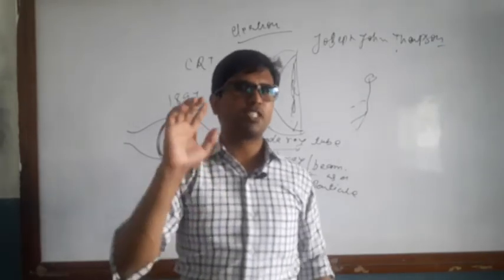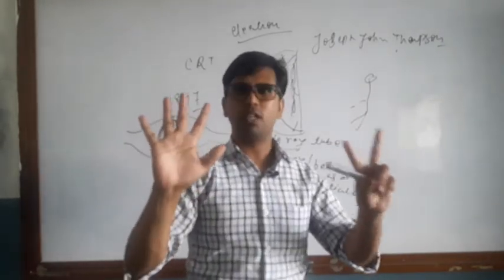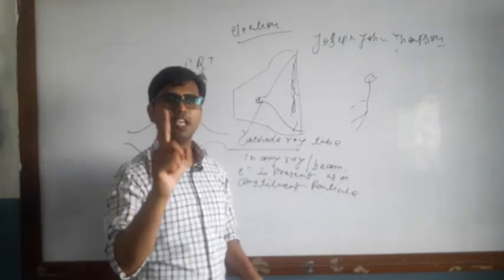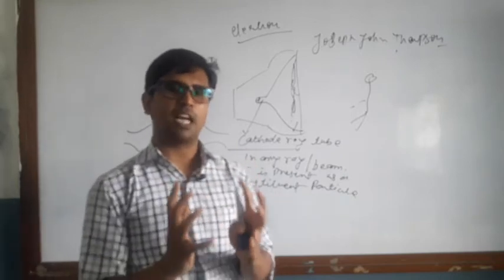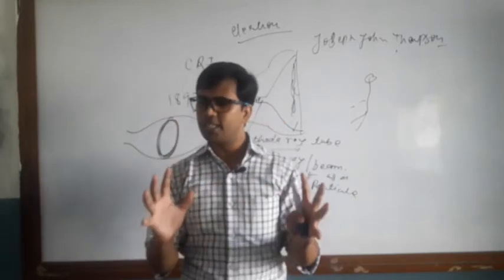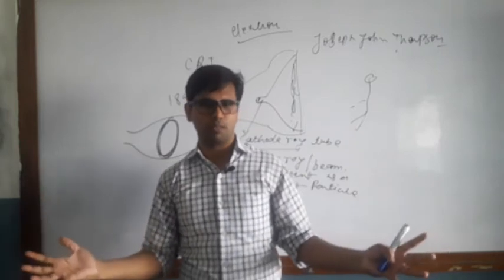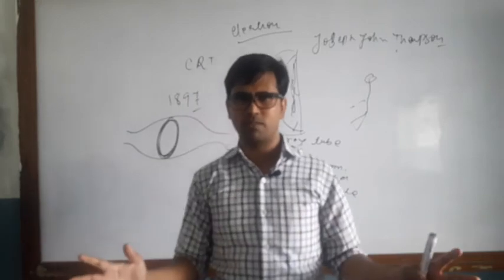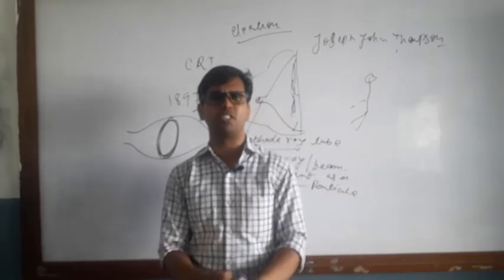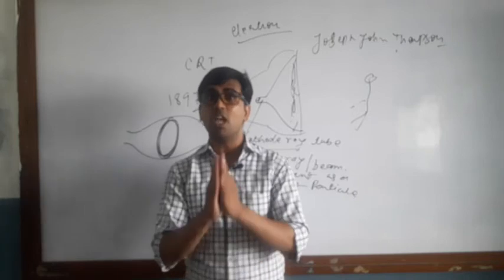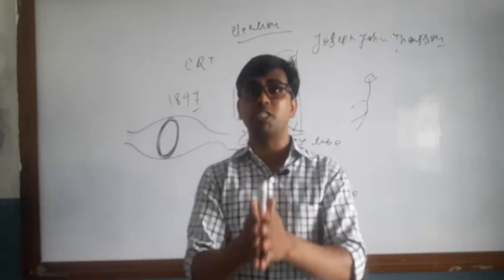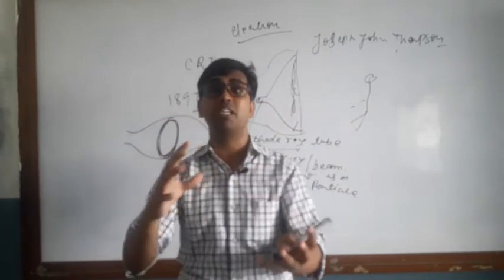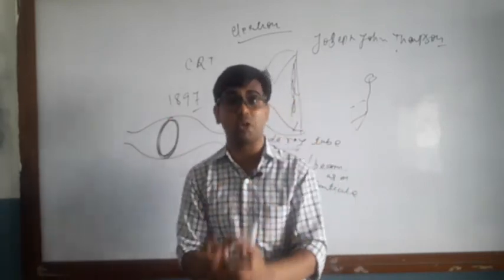But after 7 years, he discovered something else. He devised a new model of atom. He created a new type of atomic model. That model was not good. That model had many flaws, many problems, many limitations. But at most, he became the first person who said to the world that yes, atom is not just a sphere, but it has an internal structure also.